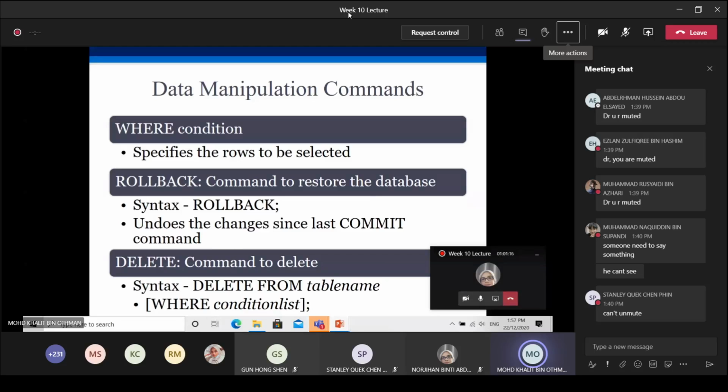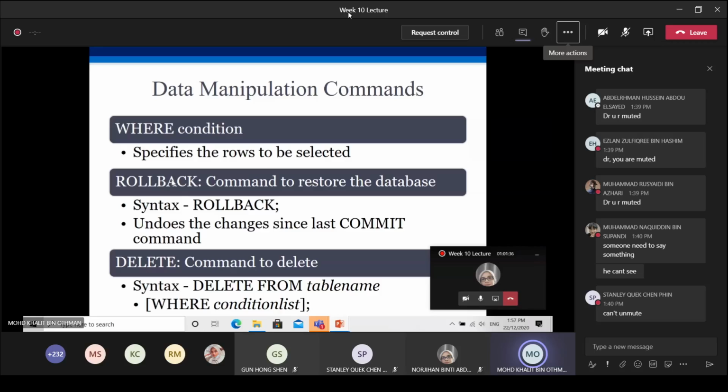This is the function of the ROLLBACK command, to restore the data after the last COMMIT command. If you want to restore the data back, you just use the ROLLBACK command